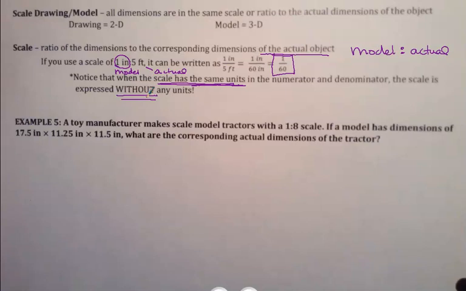Okay, scale models are what? Are they similar? Are they congruent? Are they proportional? They're proportional. If things are proportional, what should we set up to solve them? Fractions that make proportions, right? 2 fractions make a proportion. So we need to set up a proportion